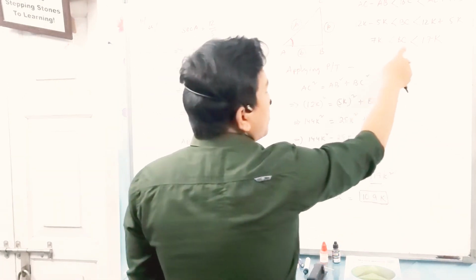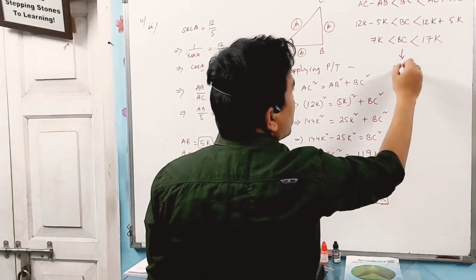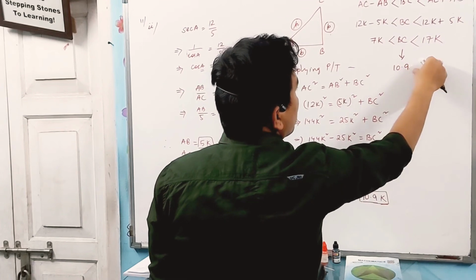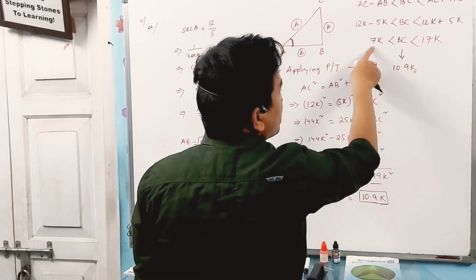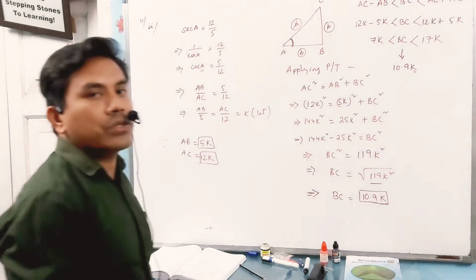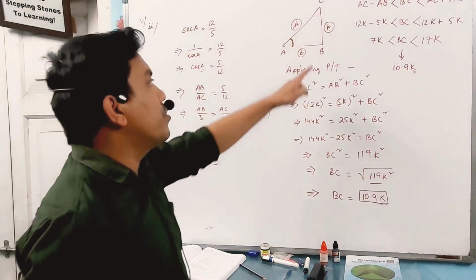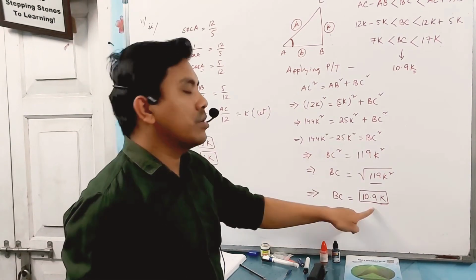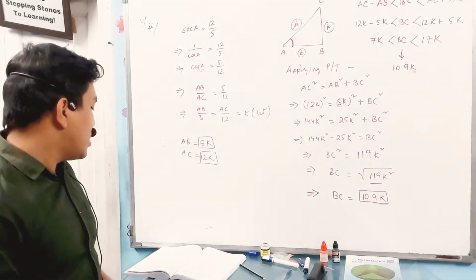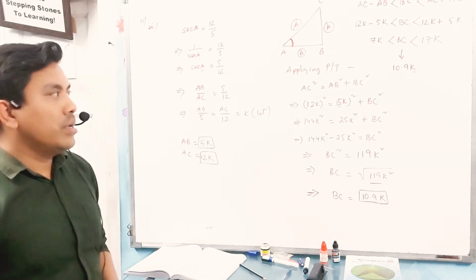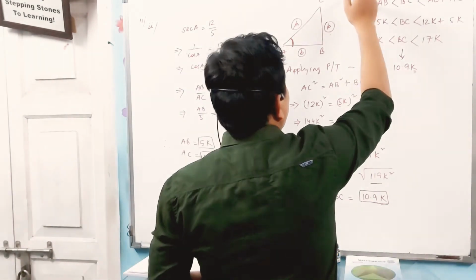BC is 10.9K. Does it lie between 7K and 17K? Yes. So the triangle can be formed using these three sides, and we can say that the given statement is true. Therefore, you have to write here